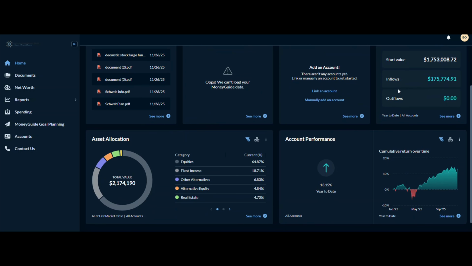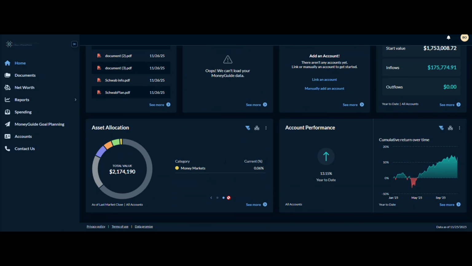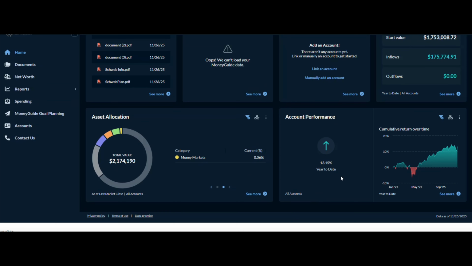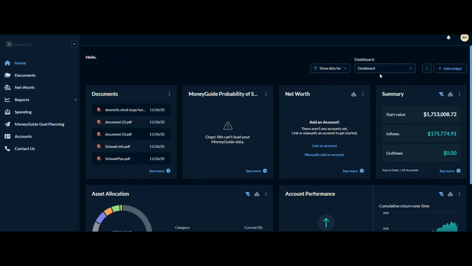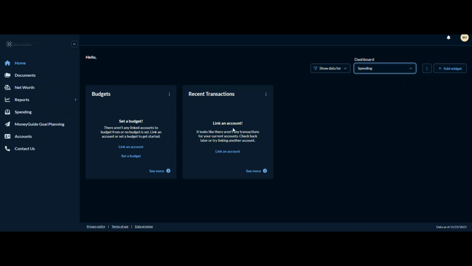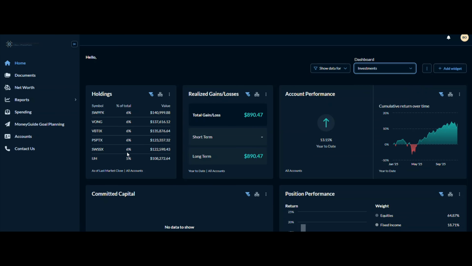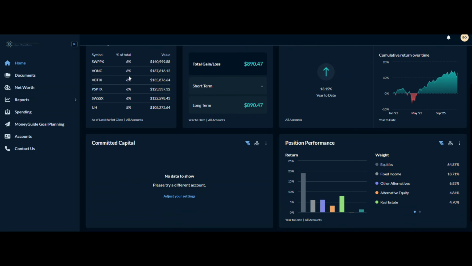Back to the main dashboard. Again, there's some of the high-level information you'd want to see here, but we've also created two other dashboards, one of them being the spending dashboard, which we'll come back to in a second, and the third one being the investments dashboard. This has more detailed information on holdings, realized gain losses, committed capital if that's applicable to you, position